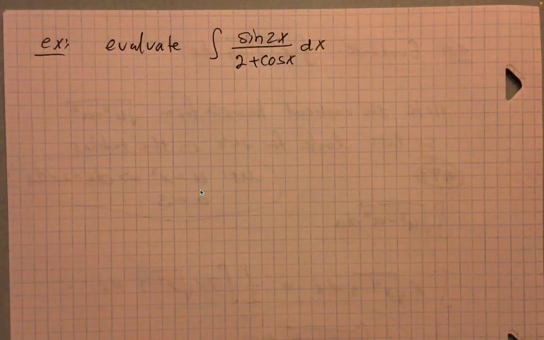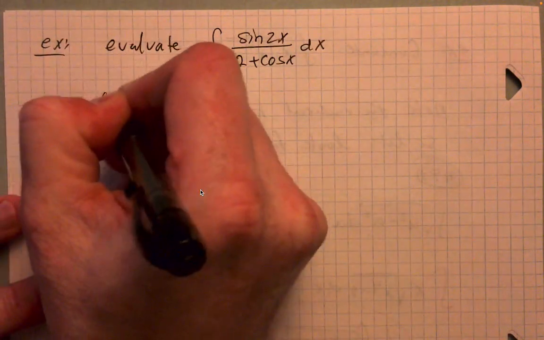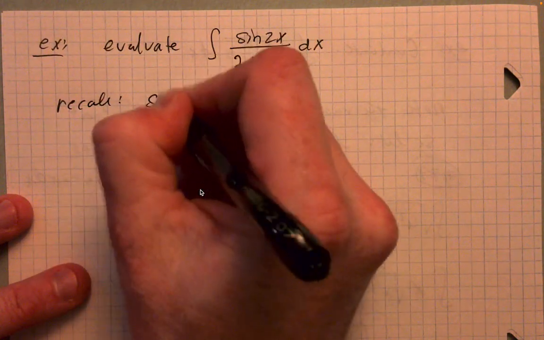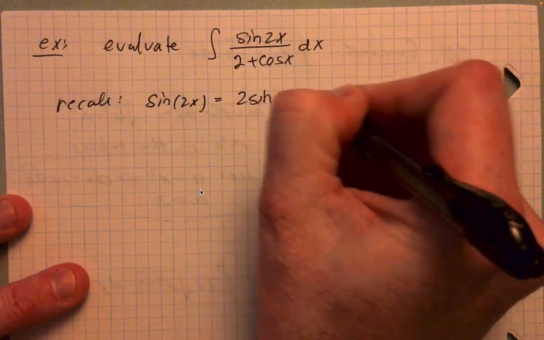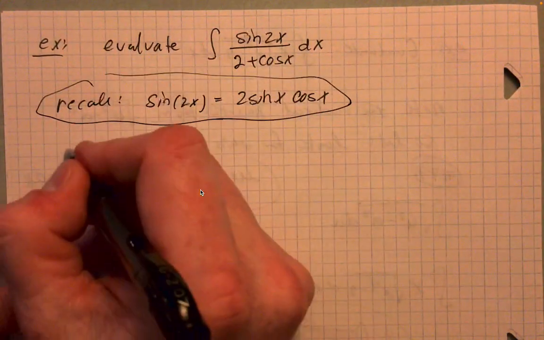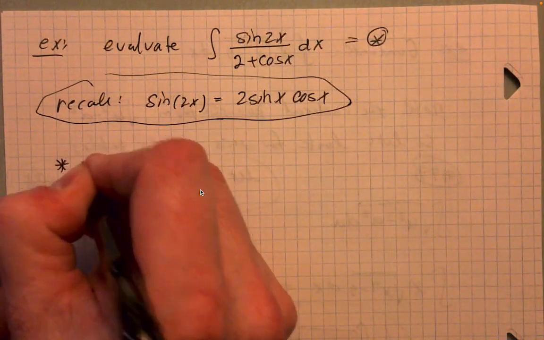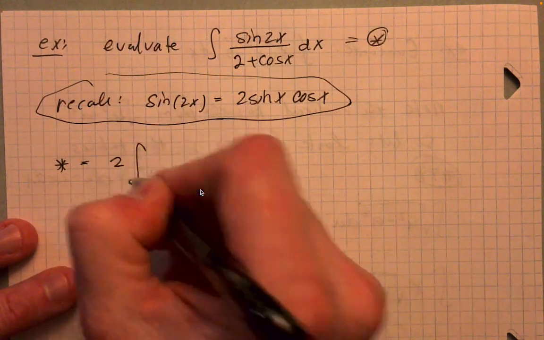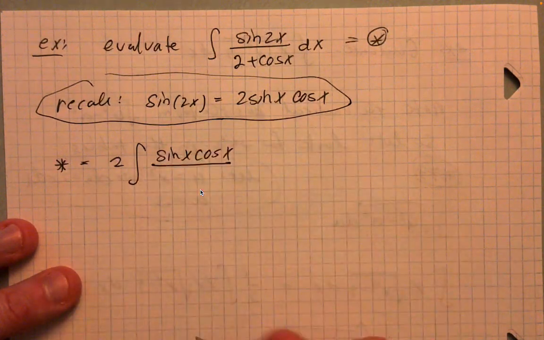Okay. Now you can look through the tables and you'll run into a problem finding a sine of something to match that sine of 2x. So we can change this out right off the bat. Just recall your double angle formula: sine of 2x is equal to 2 sine x cos x. So changing the integral right off the bat produces 2 times the integral of sine x cos x over 2 plus cos x